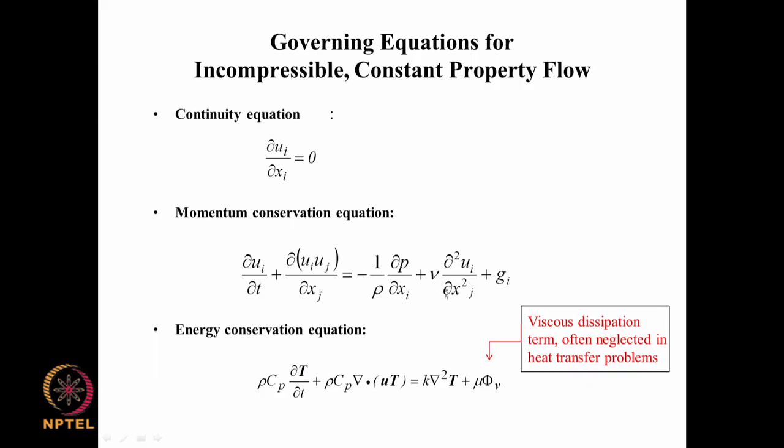In the last lecture, we derived the energy equation, and the set of equations which govern incompressible constant property flow with heat transfer is given here in this slide. We have the continuity equation, the three momentum conservation equations for a Newtonian fluid with constant properties, so that the viscosity, the kinematic viscosity here is constant, and the energy conservation equation reduces to a much simpler form, and it